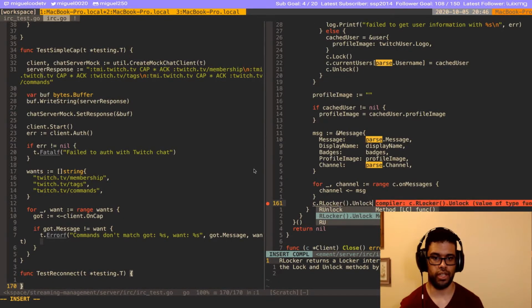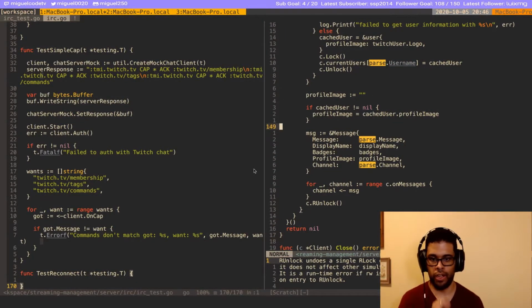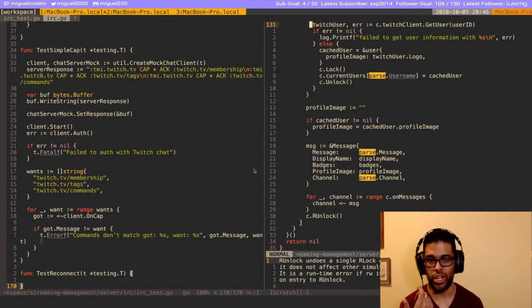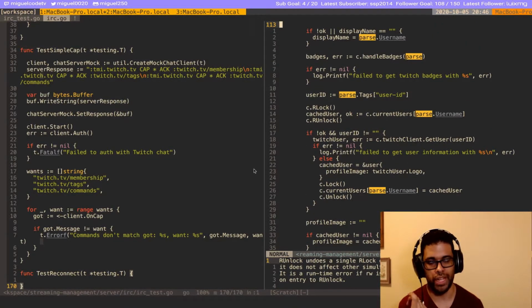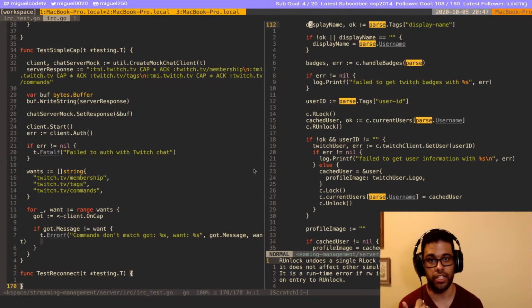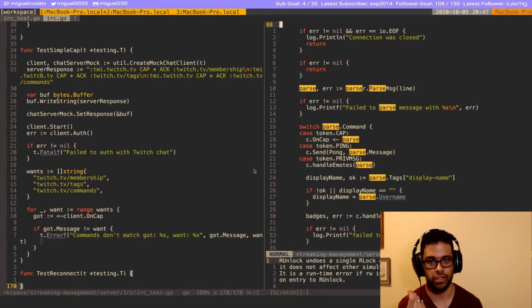So the goal is that while we are handling a message, we're not gonna have to reset a connection, right? But if we reset a connection when we are making a request or answering a message or getting a message, we shouldn't do that. We should just finish parsing the message.